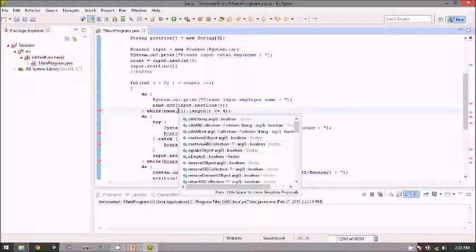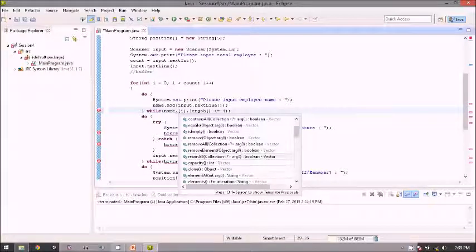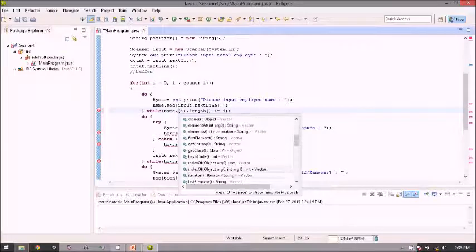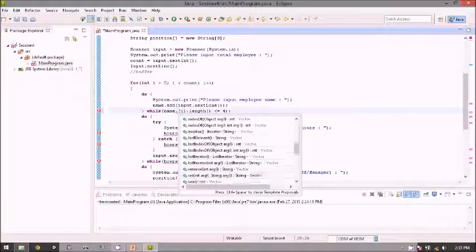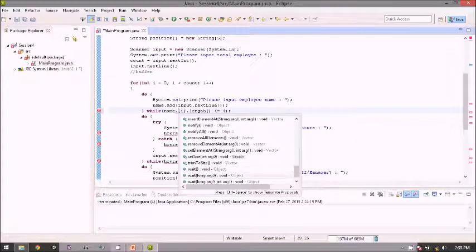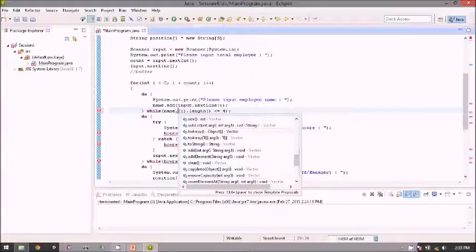There is add, contains if you want to search data inside the vector or array list, and then equals if you want to compare the vector to another vector, isEmpty to check if the vector is empty right now or not. The remove to delete a member, and for the capacity of the current vector, you can use dot capacity. You can clone the vector and many more. So yeah, basically, and the important thing, you can turn the vector into an array using the toArray function.